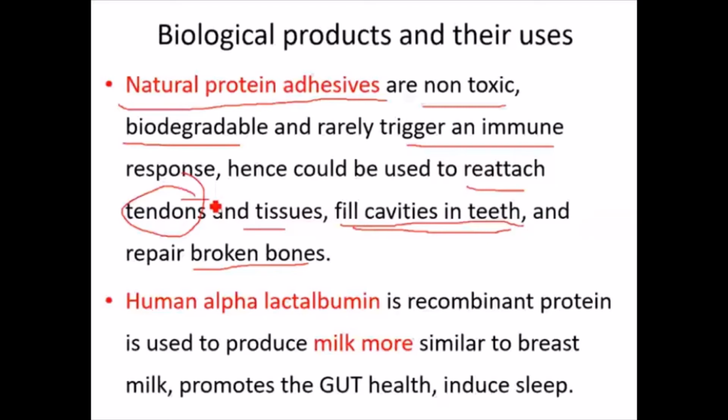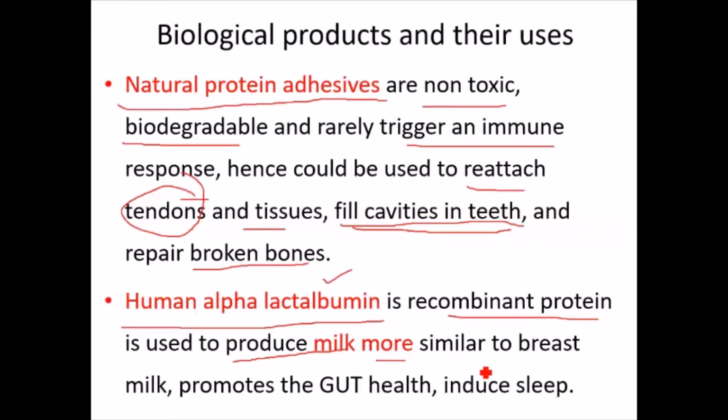Human alpha lactalbumin. Human alpha lactalbumin is a recombinant protein used to produce more milk, milk more similar to breast milk. You think that it is a recombinant protein, it is used to produce more milk which is similar to breast milk and promotes gut health. Gut means digestive system health. Also it is used to induce the